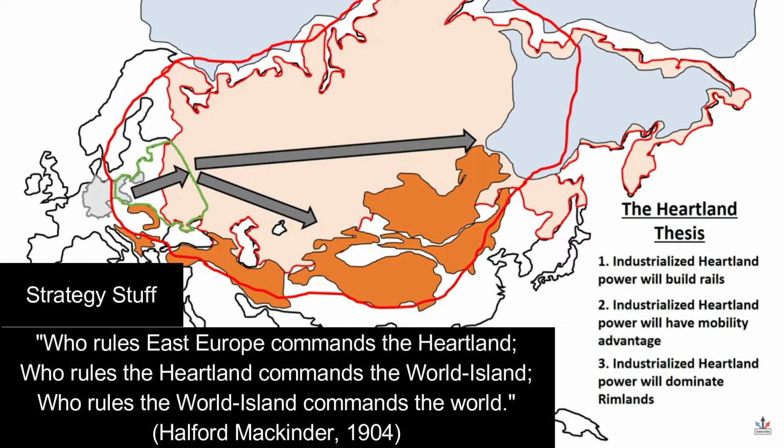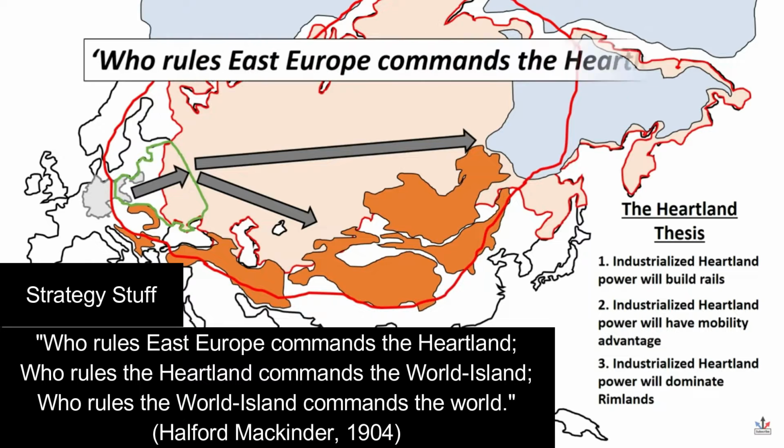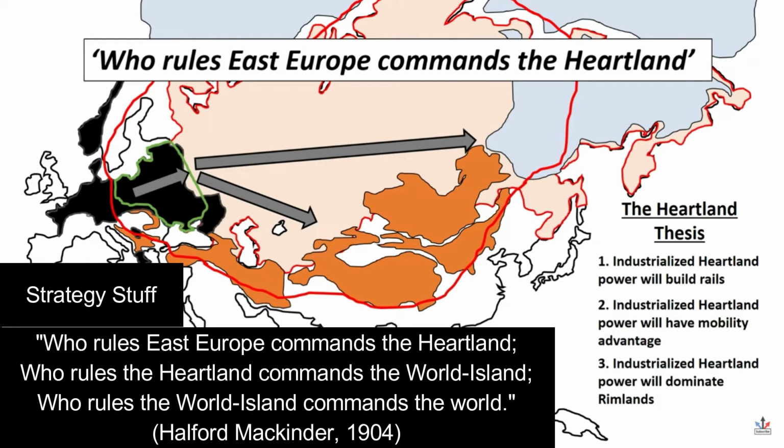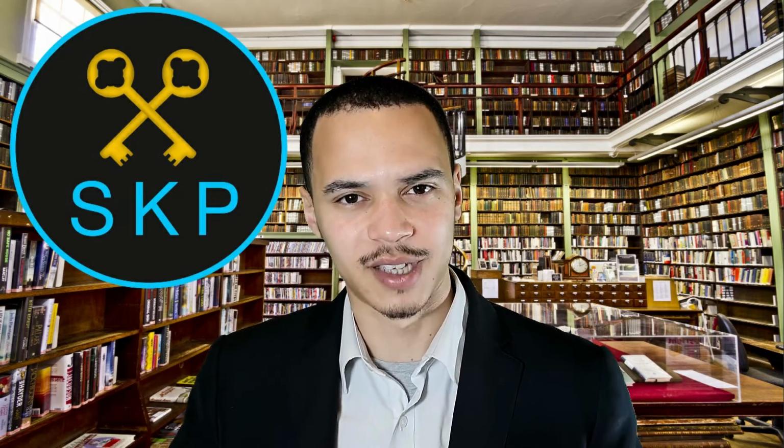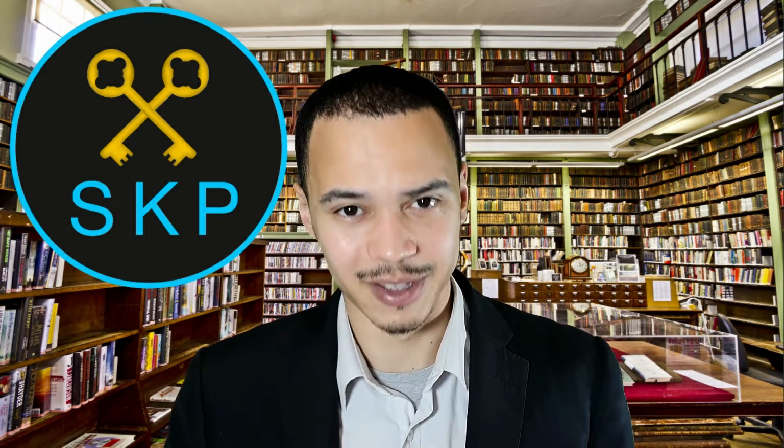And because of the flat terrain of Eastern Europe, whoever controls that is essentially able to control what happens in the rest of the heartland, and therefore they're able to control the rest of the world. So that's kind of what we're seeing now with what's going on in Ukraine within this context. But if we're talking about Atlanticism versus Eurasianism, we have to understand that